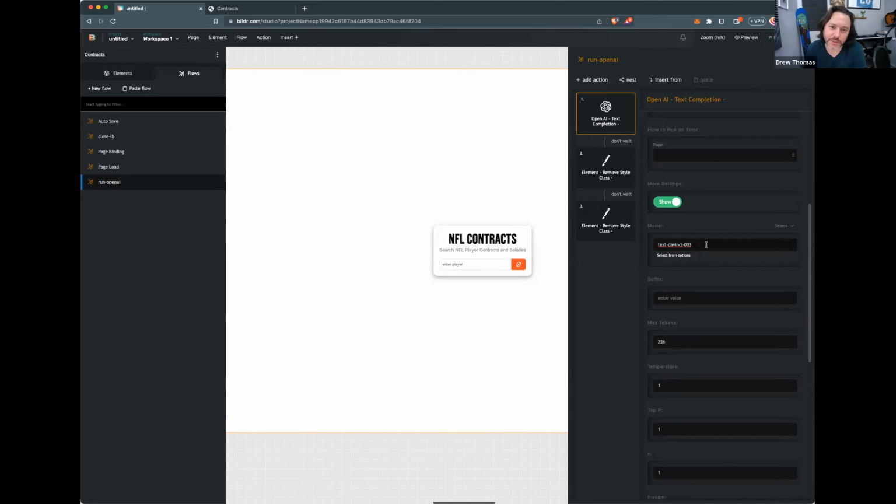And as long as you built it with that API key, it's just going to work. So I don't know your model name. You might have to sign into OpenAI to find what it is. Well, I think it actually told me on